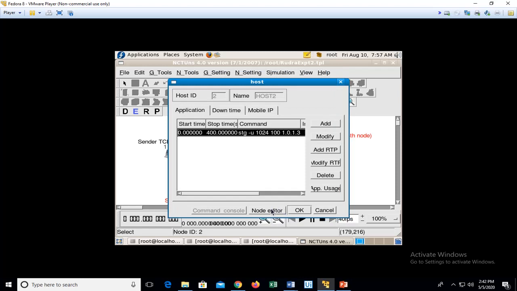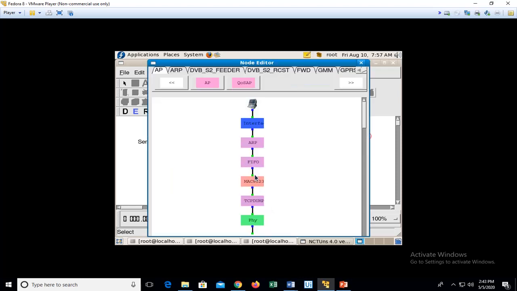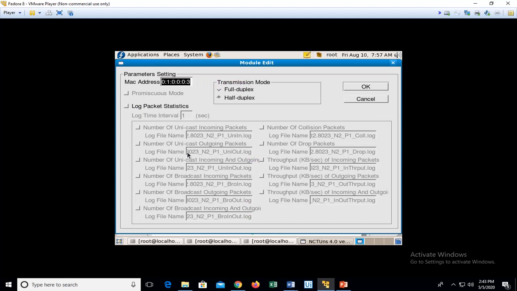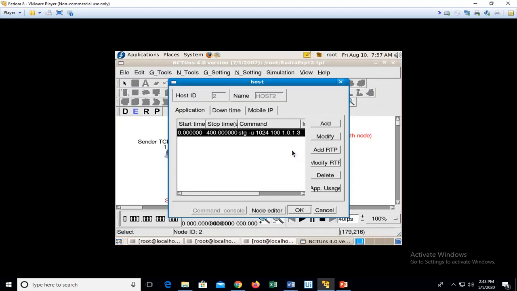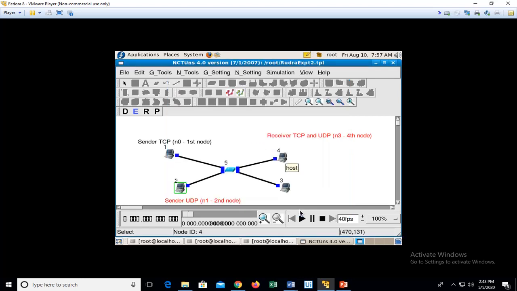Click OK, go to the editor, MAC 802.3, double click, make it full duplex, log packet statistics, number of collisions, number of dropped packets. Since it is a sending node, I'll collect the outgoing information. Remember, press enter, then OK. Now come to the fourth node.